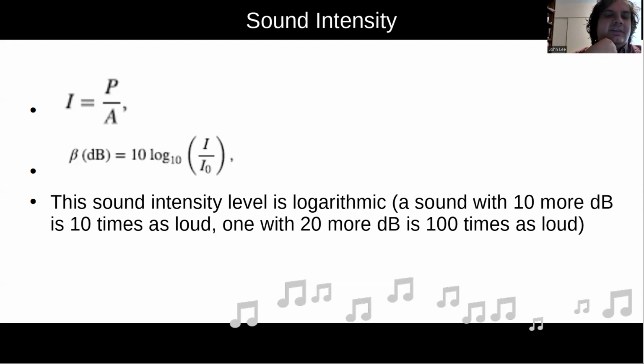And the sound intensity is logarithmic, which means that sound with 10 times more decibels is 10 times as loud. So if you have 10 decibels versus 0 decibels, then it's going to be 10 times louder than the 0 decibels. But if you have 20 decibels versus 0 decibels, then it's going to be 100 times louder than